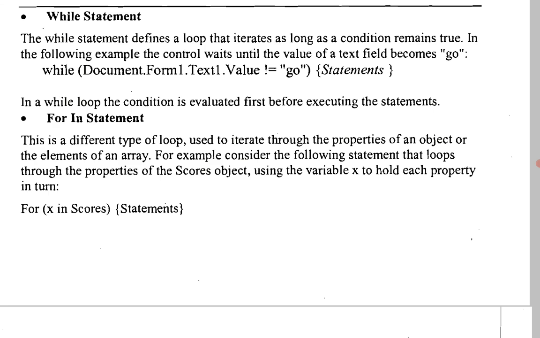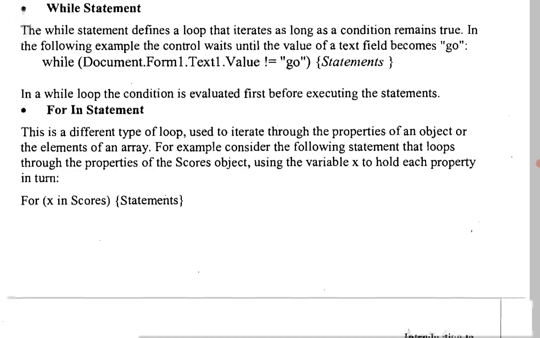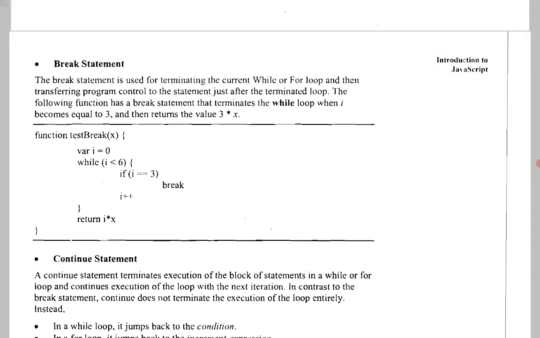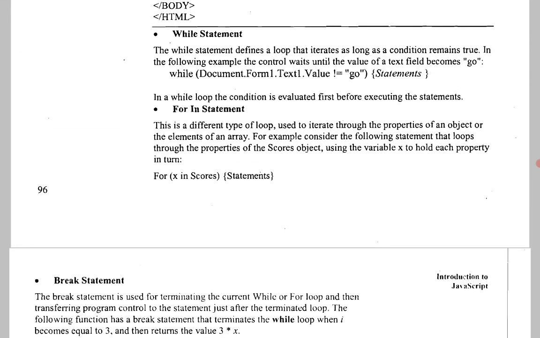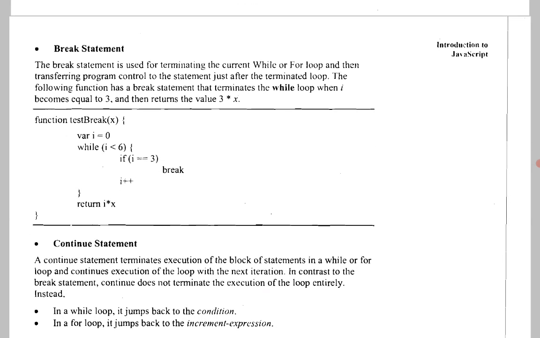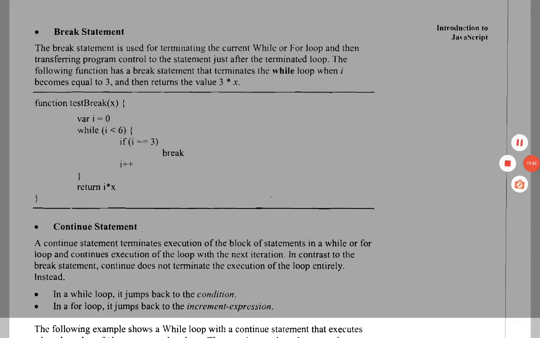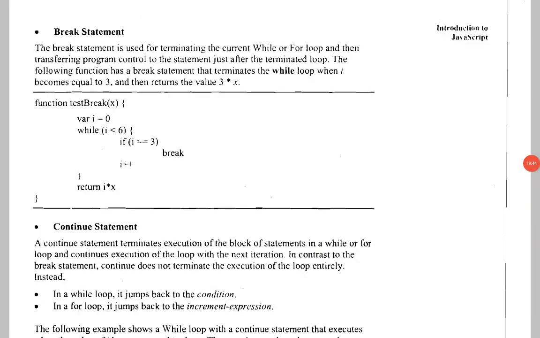In the following example, the for in loop is mainly used. It is also one of the for loops, used with objects or arrays. So, the break statement. There are two types of special control statements used: break and continue. What is the break statement? The break statement is simply used to